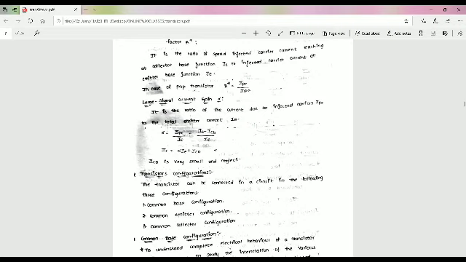These are the current components in the transistor. This is a very important topic. Transistor current components: IPE, INE, IPC, IC naught, ICB naught. These are all the current components. The current parameters are alpha, beta, gamma. That means emitter efficiency gamma, transport factor beta, and large signal current gain alpha.